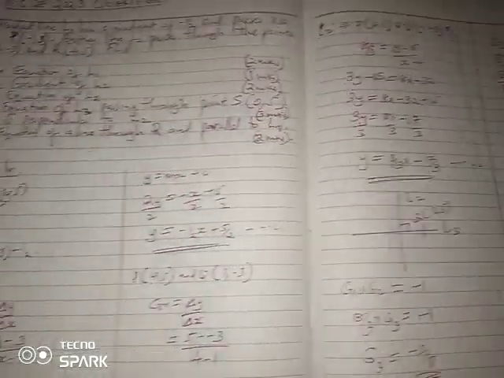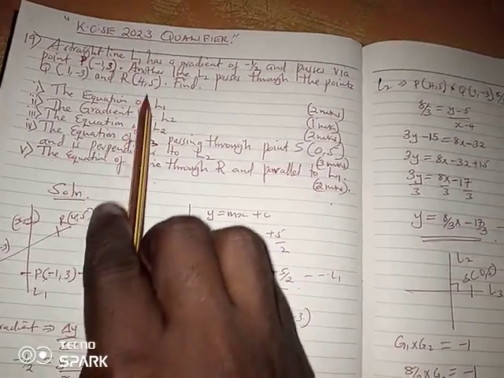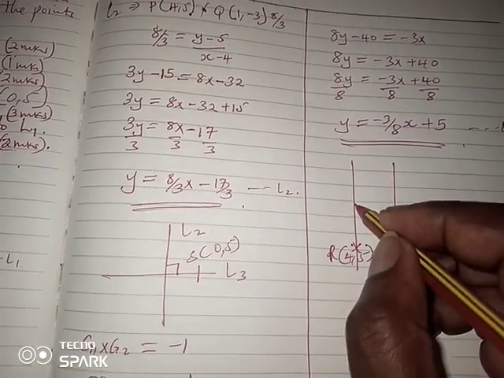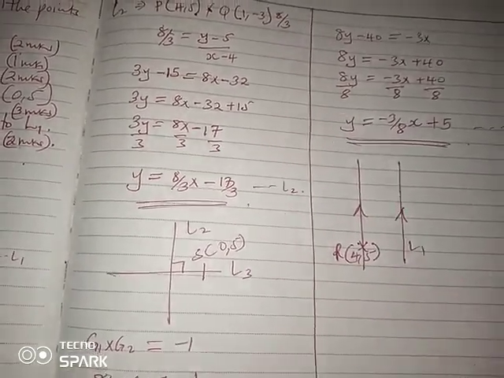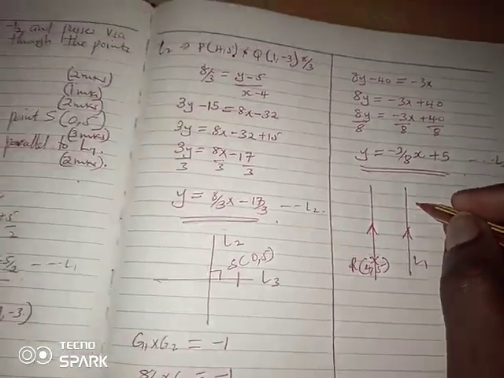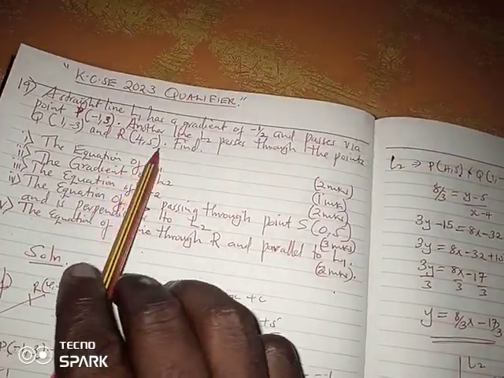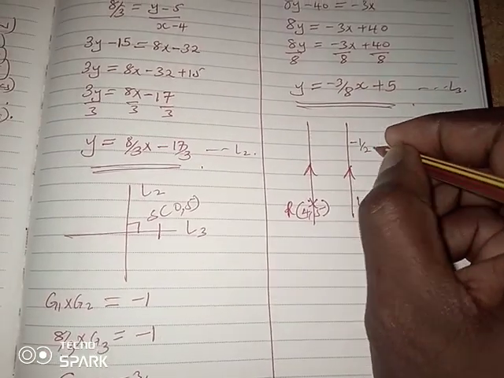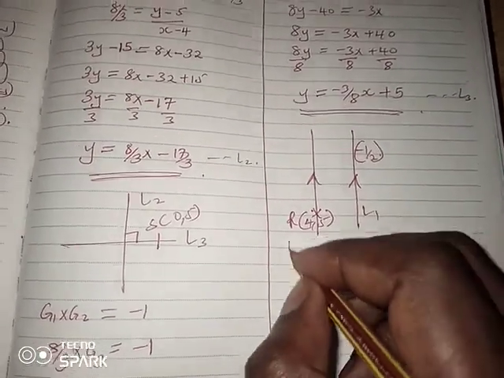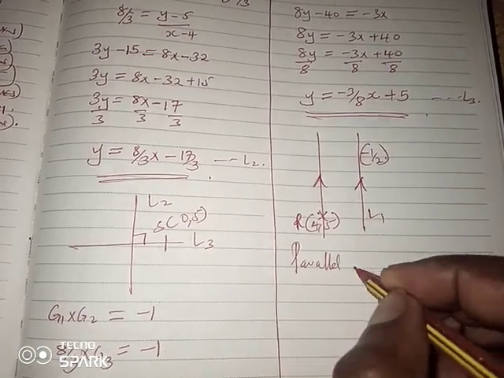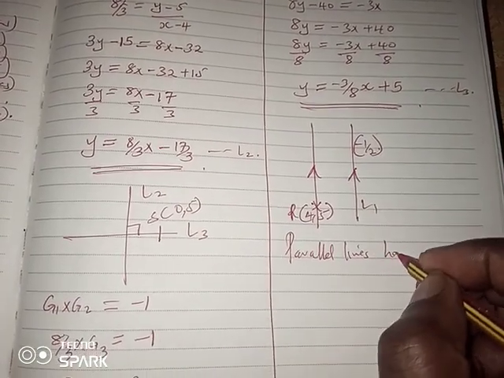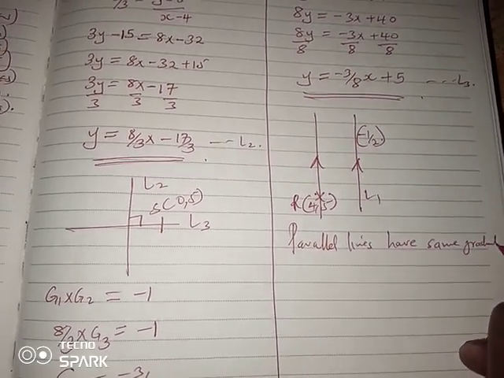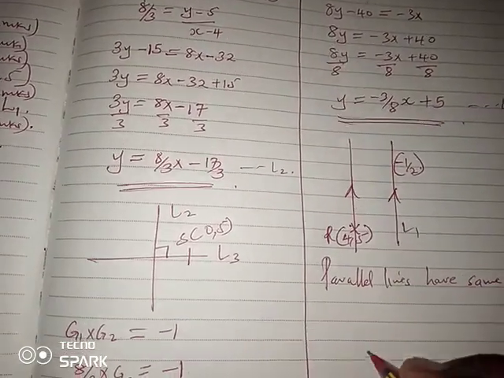We know the coordinates of R, given here, (4, 5), and for L1 the gradient was already given, negative 1/2. Parallel lines have the same gradient. Therefore,